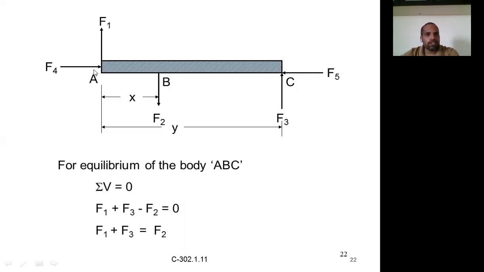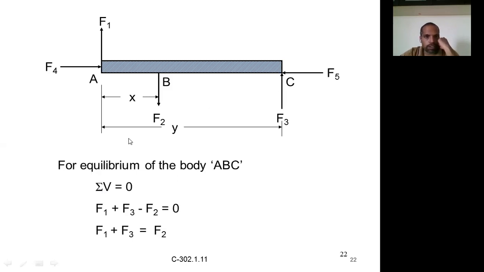For example, if you take this, five forces are acting on this body. The moment created by all these forces about any point must be equal to 0. The algebraic sum of moments of all these forces about any point must be 0. It can be A or B or C, or some other point away from the body, not only on the body, provided the distances are known to you. That is the sum of the moments equal to 0 for equilibrium of the body.